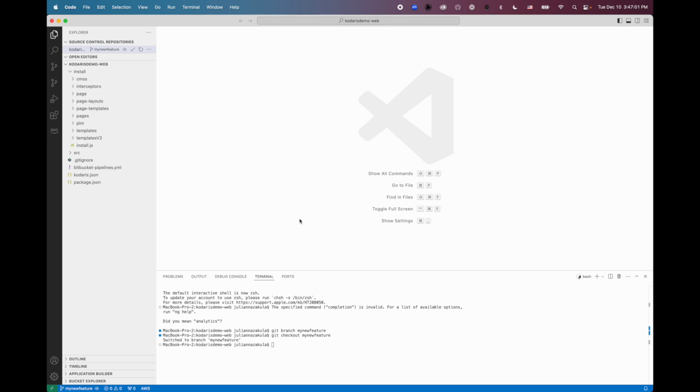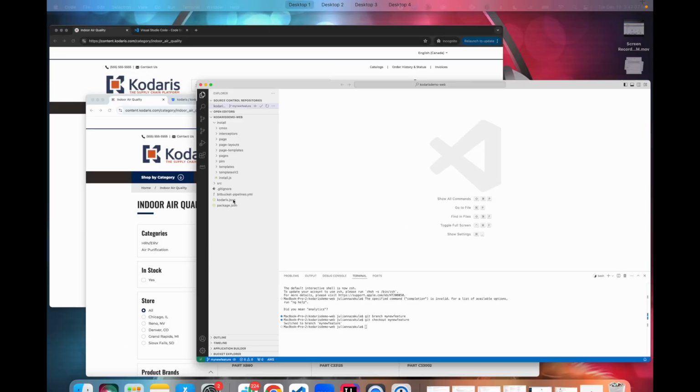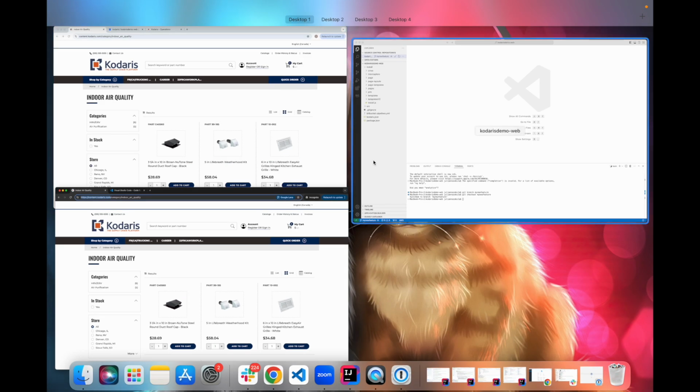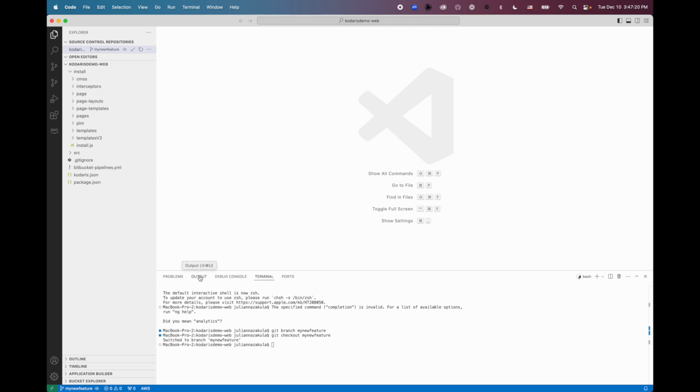And now what we need to do is, we have created a new branch in Git, but now we need to tell the website about our new branch and actually push this branch up to the website so that we can start developing on this branch and not affect the production branch, which live users are seeing.